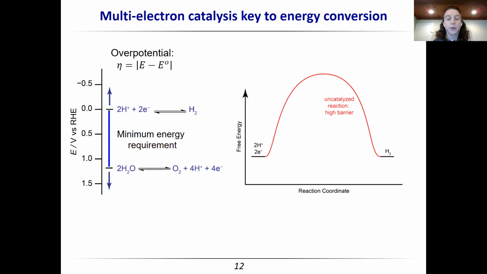So let's say I don't catalyze this reaction at all. I just want it to run. It's supposed to run at 0 volts versus RHE. I'm now asking 2 protons and 2 electrons to all come together at the same time and make hydrogen molecules. This is going to have a ridiculously high activation barrier and basically be kinetically impossible. It's a quaternary reaction, so it probably isn't going to just occur at the thermodynamic potential. In this case, whatever potential is way up here is going to be my overpotential for the reaction.